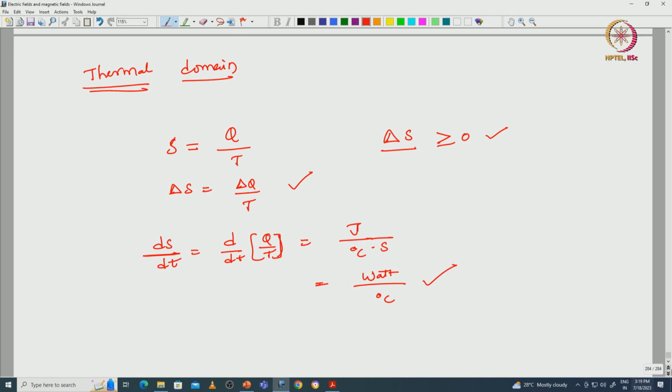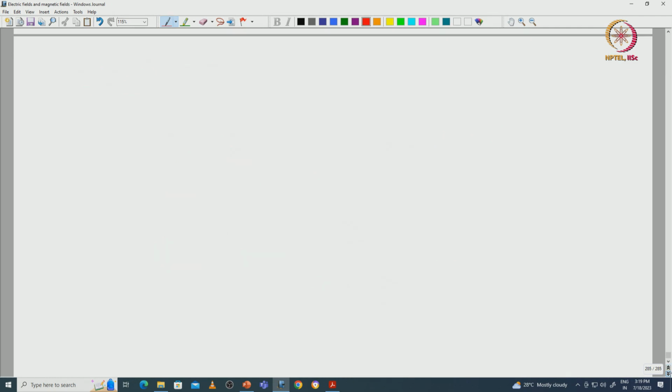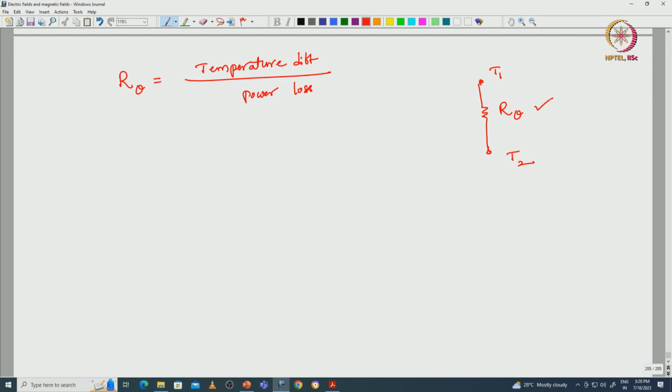Now, we will see the thermal resistance. The thermal resistance with respect to the empirical relations, that is R theta, is equal to temperature difference divided by power loss. If we see the temperature difference, T1 at one point and T2 at the second point, then the thermal resistance of the material is defined as R theta. It is not a dissipating element. The thermal resistance will not dissipate any energy,